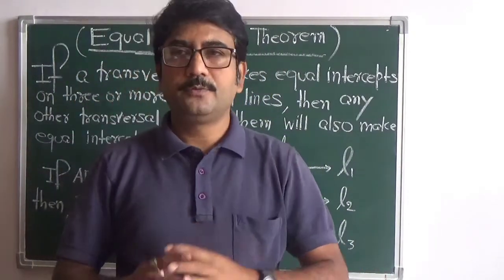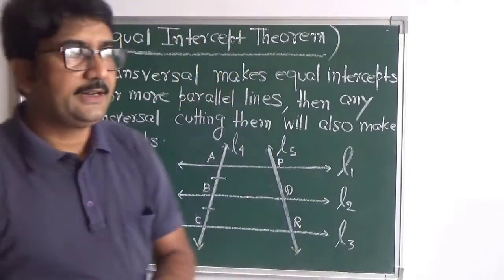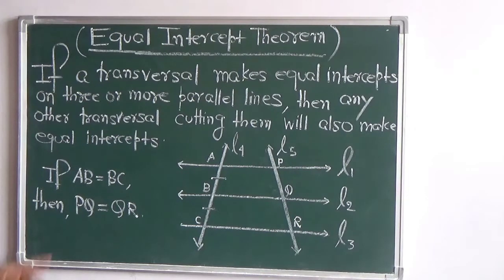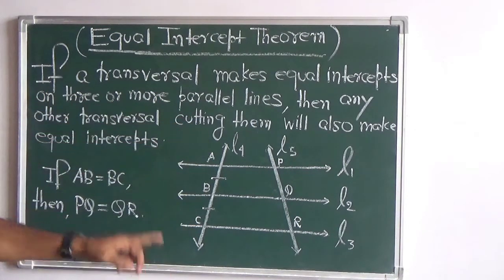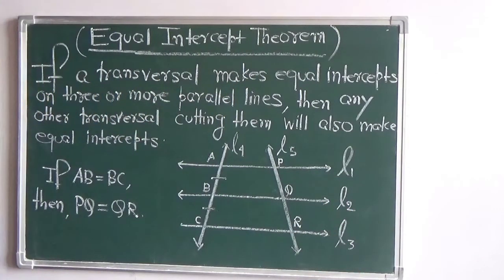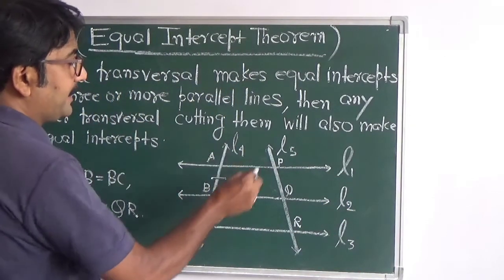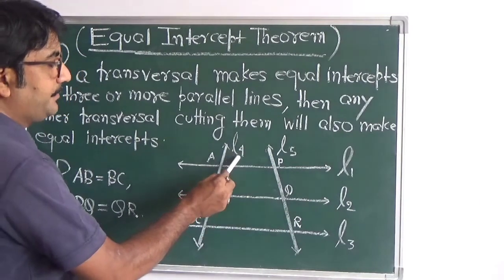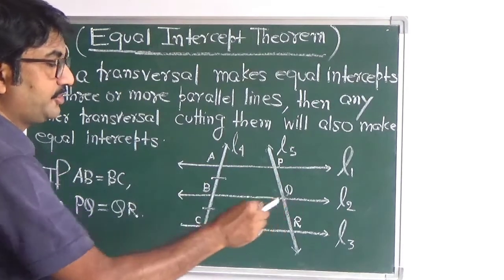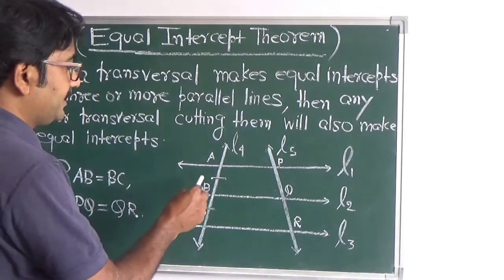So let us review once again what the equal intercept theorem is. If a transversal makes equal intercepts on three or more parallel lines, then any other transversal cutting them will also make equal intercepts. Here we can see three parallel lines L1, L2 and L3, and we have two transversals L4 and L5. The transversal L4 intersects the three parallel lines L1, L2, L3 and thereby cuts off intercepts AB